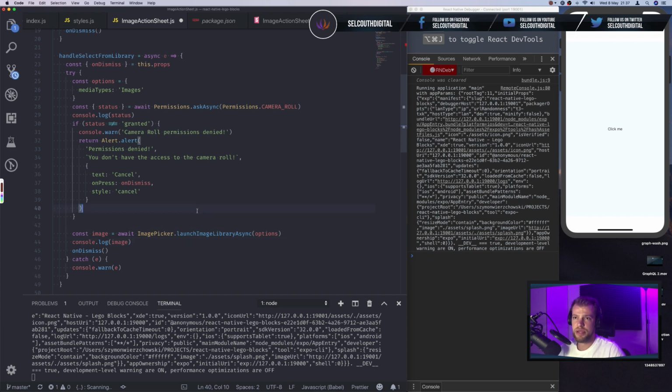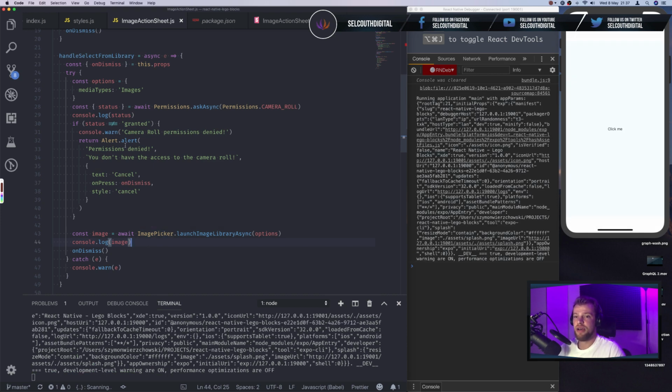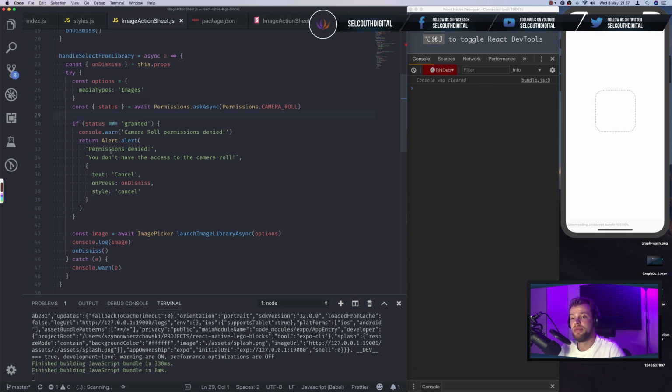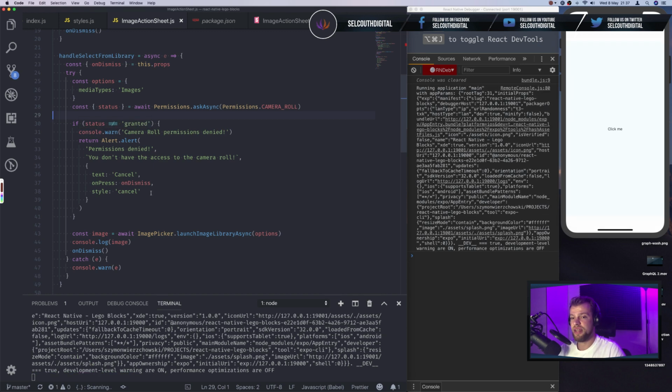So there you go. Let me actually now, so this is what would happen. So we now have our status. If status is not granted, which means the permissions are denied, then run the alert. Otherwise, go or launch the image library asynchronously and let the user